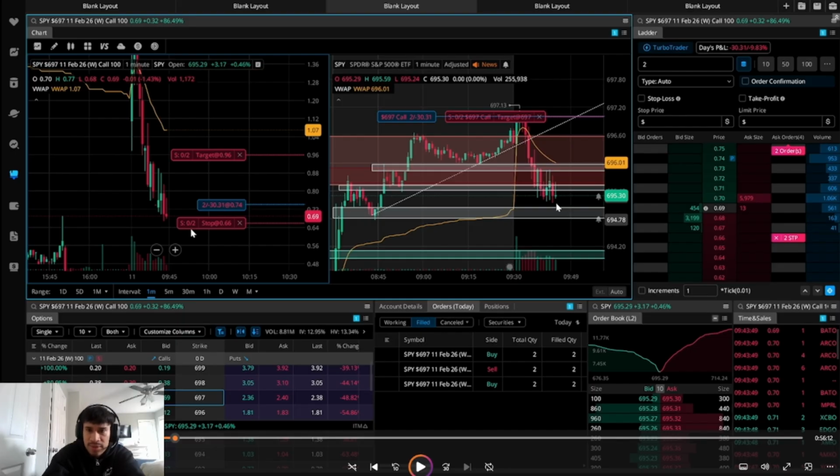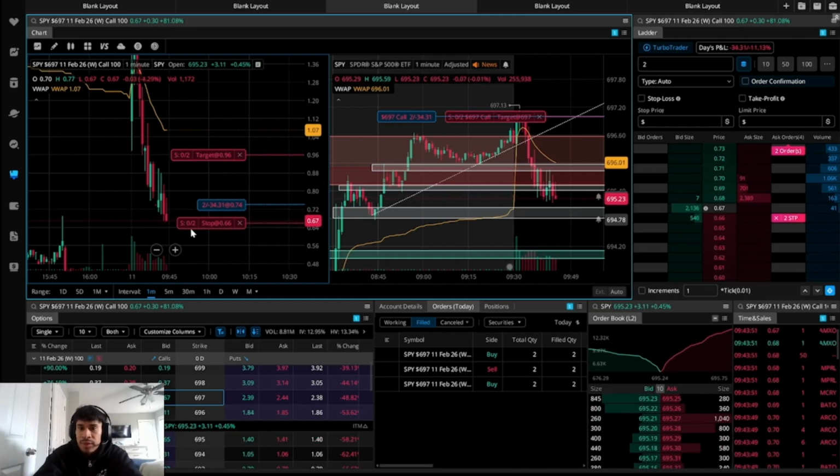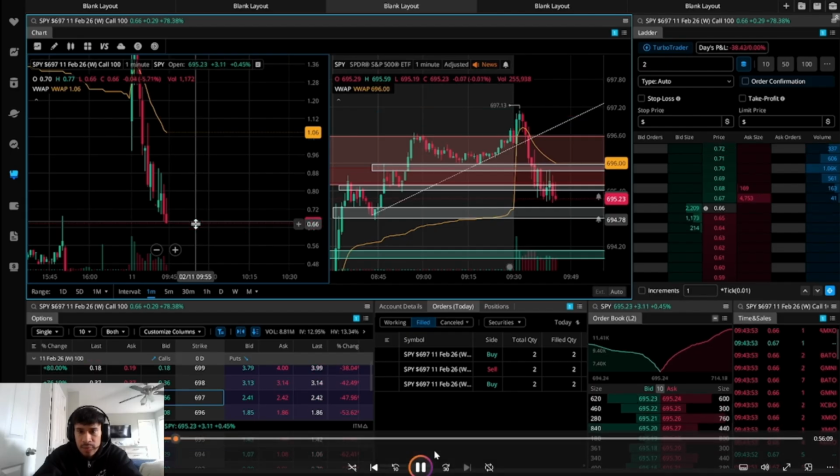At least if I was to get a better entry and I took this trade right here, I know that my stop loss is here, that if I was to get out, 100% it would have been invalidated. But what ends up happening was